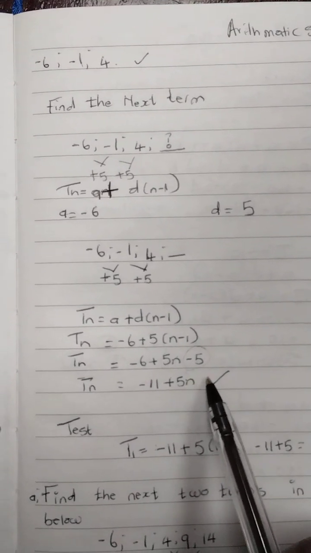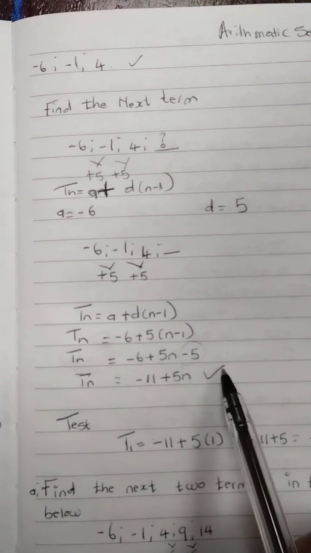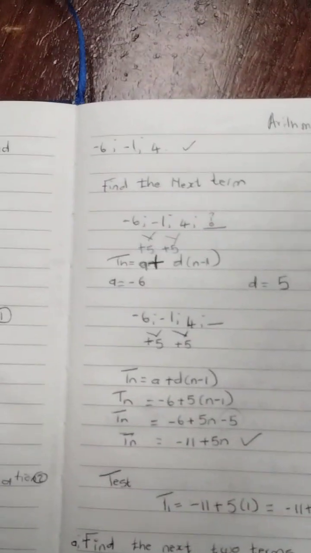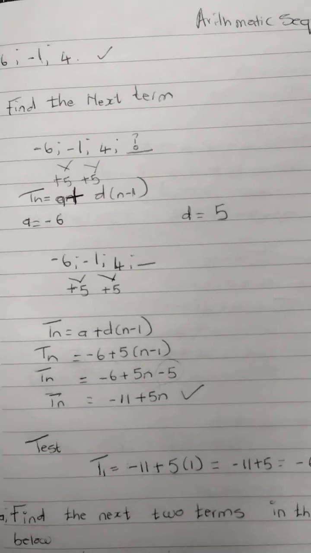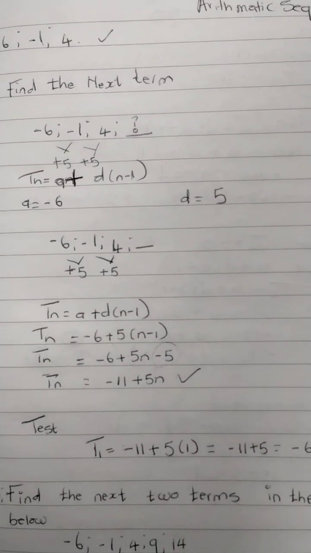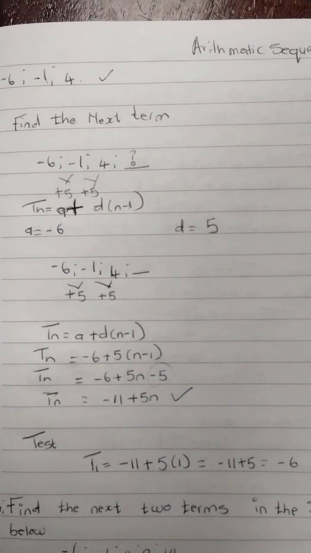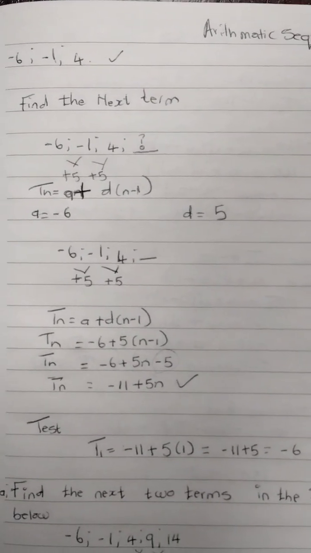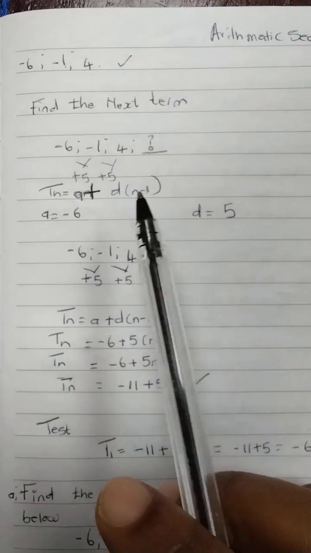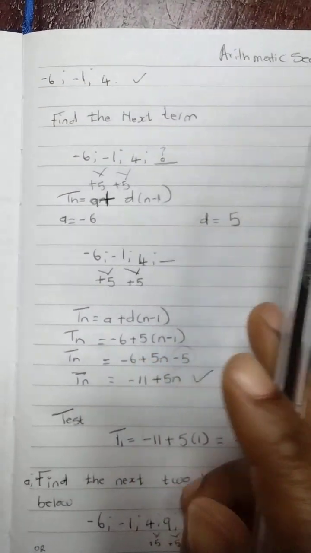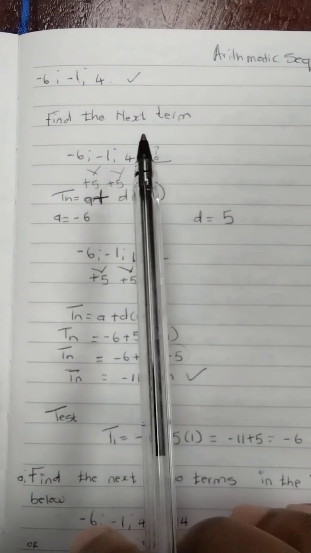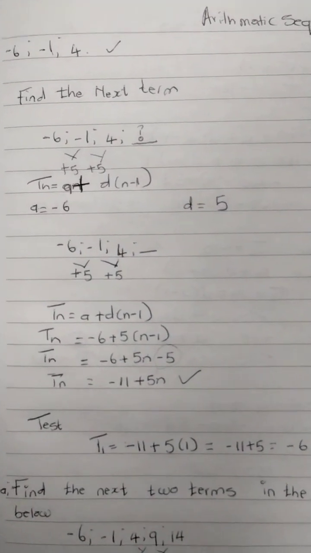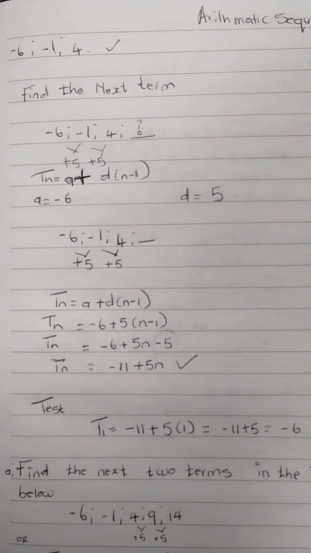And for us to get here, these steps over here are very important when they ask you to actually give out the formula. Because in this case we're only asked the next two terms, you could just add them, you could just do it properly and get the